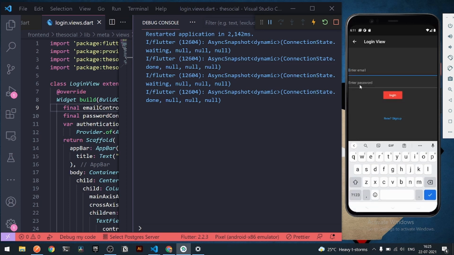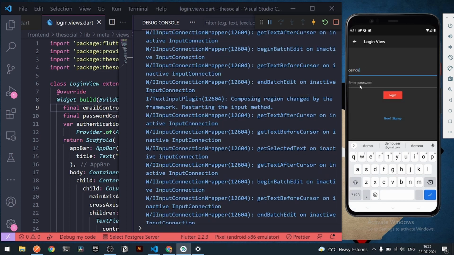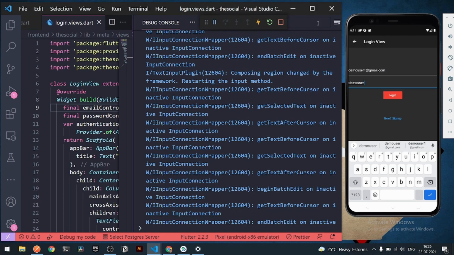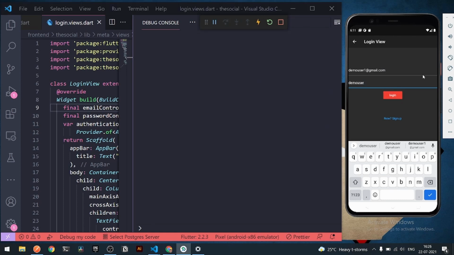But here if I say demo user 1, the account that we have just created, @gmail.com, and the password of demo user, let's clear the entire thing and log in.